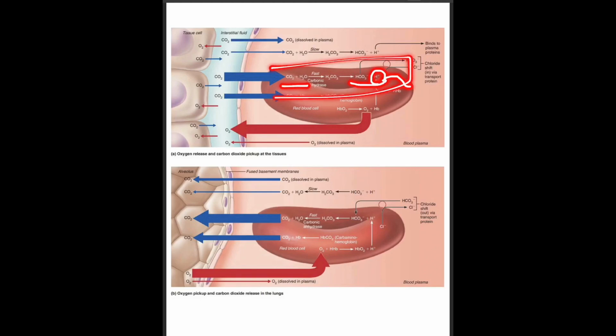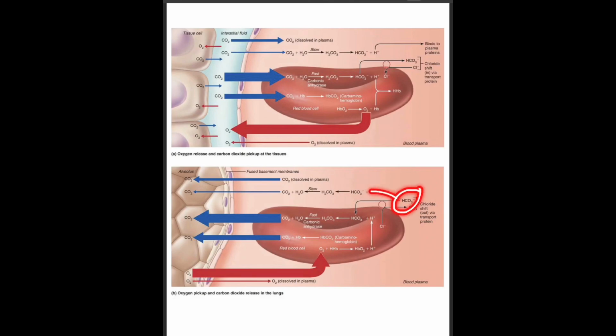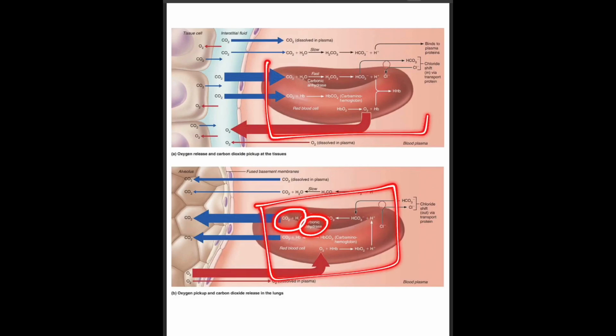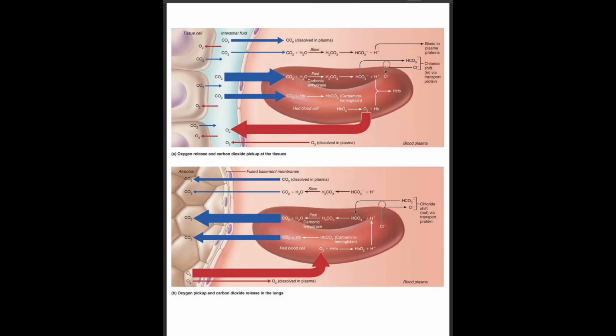This hydrogen ion gets attached to the hemoglobin. Like this, there are so many carbon dioxide and water molecules inside the RBC. So when this bicarbonate ion comes inside the RBC, it will pick up a hydrogen ion and form carbon dioxide and water with the help of carbonic anhydrase. Basically this is everything the reverse of what happens in the peripheral tissue. In this way, the carbon dioxide level is maintained within the RBC.